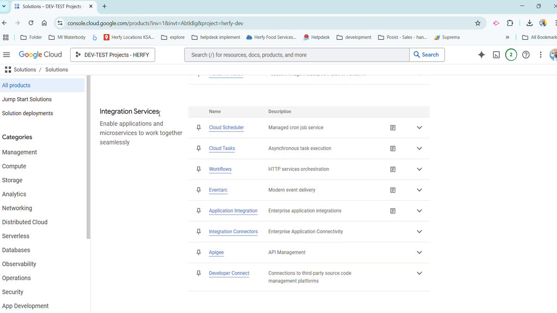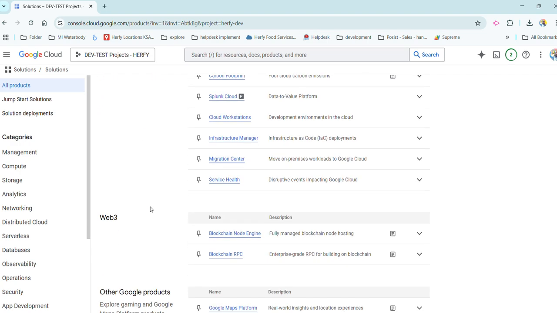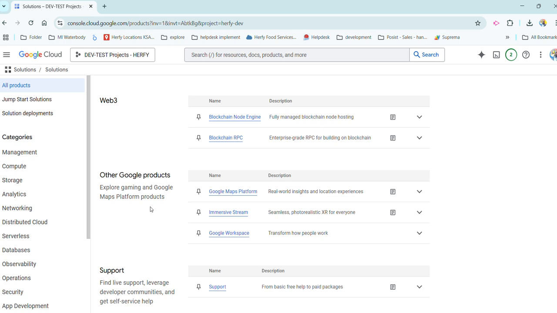And also the integration services like Cloud Scheduler, where you can schedule actions at any time using cron jobs, everything. So tools like these are available. We will see all these actions, features and products, and their use for product users, in the next